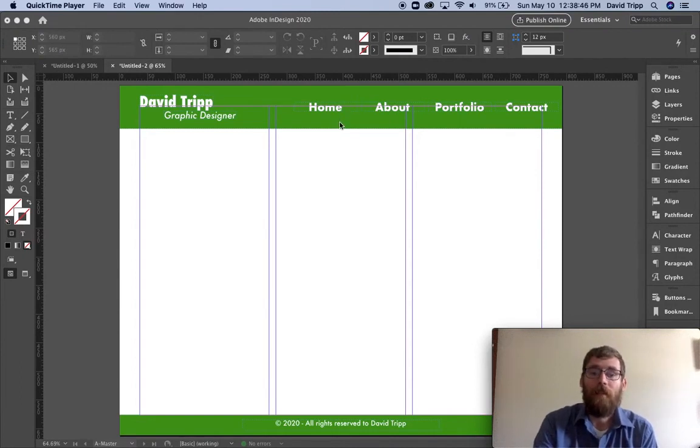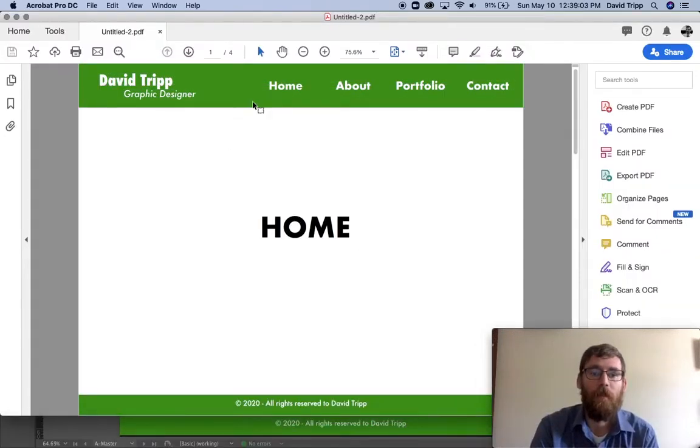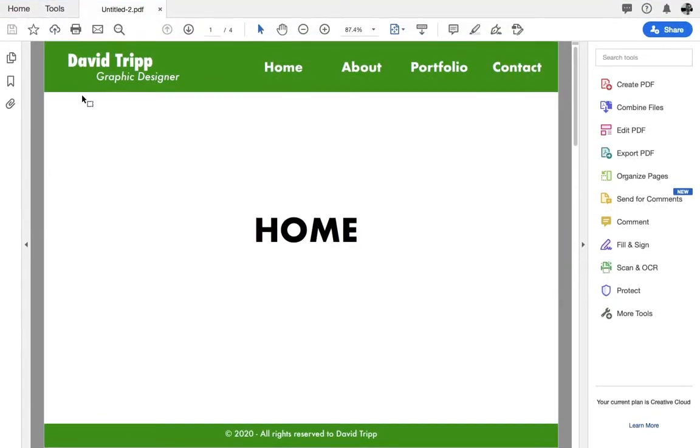So with that said, what we're going to create today is an interactive PDF. A lot of people like to use InDesign almost like PowerPoint, where you get to make detailed slides and things that you can move around with. So for an example of what this is going to be, the PDF that we have. If I were to full screen this or put it on a projector and do it in a presentation mode, I would be able to click on these buttons and I would be able to move page